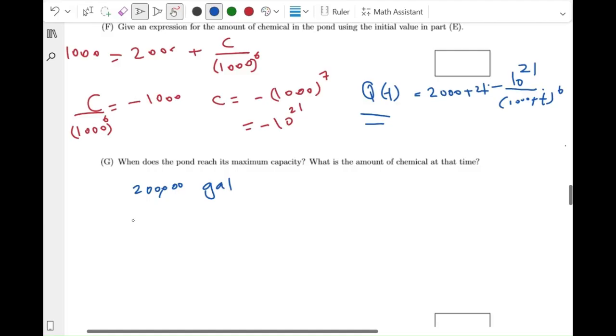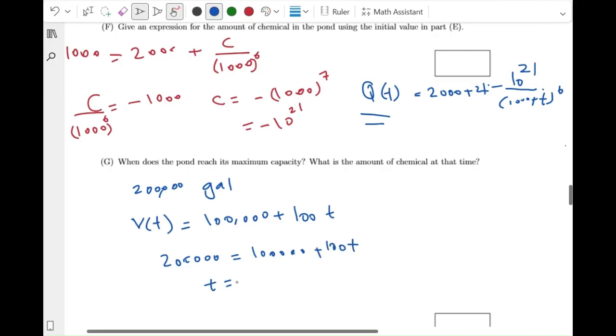So that would be when we have V of t equal to 100,000 plus 100t. I can solve for 200,000 is equal to 100,000 plus 100t, and t solves to be